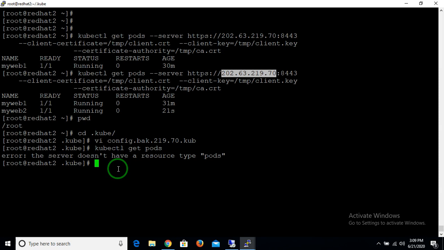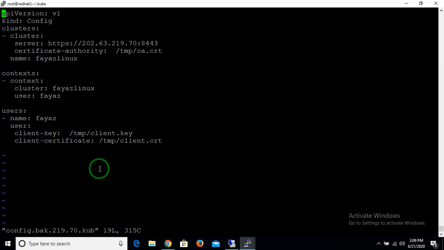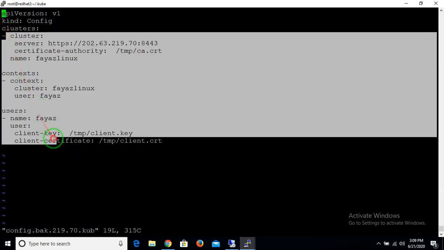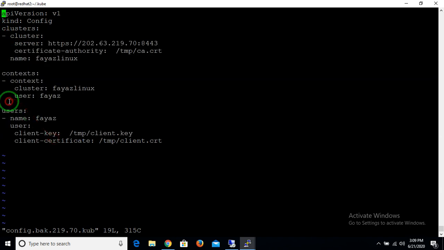So you can write the context here. The context will be cluster. My cluster name is Fayaz and the user will be Fayaz. There is no other user here, so by default it will take this one. If you have multiple users, meaning multiple Kubernetes cluster environments, you can write one keyword here, which is current, I believe,